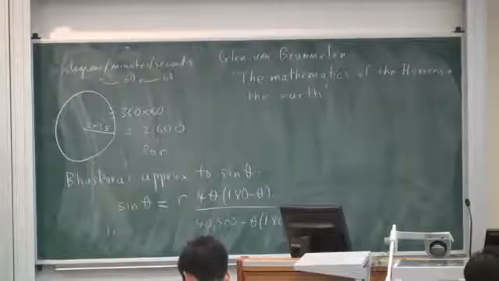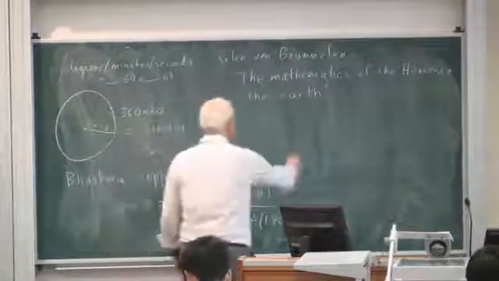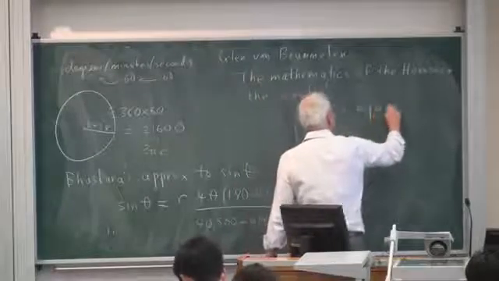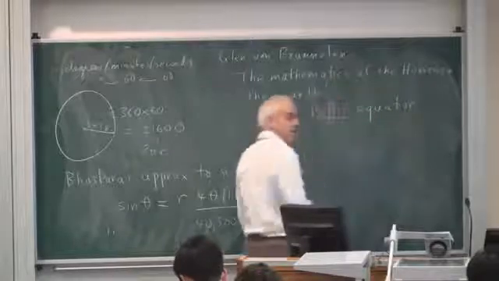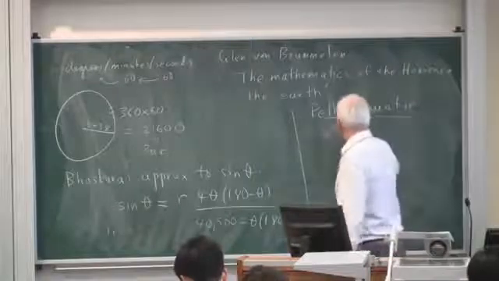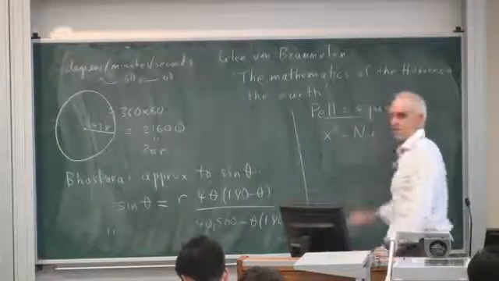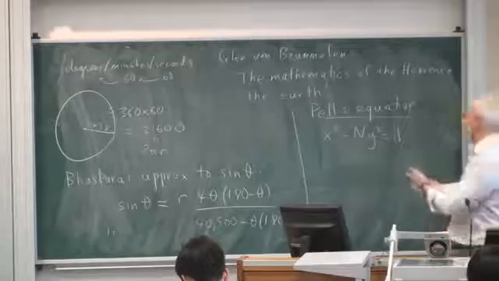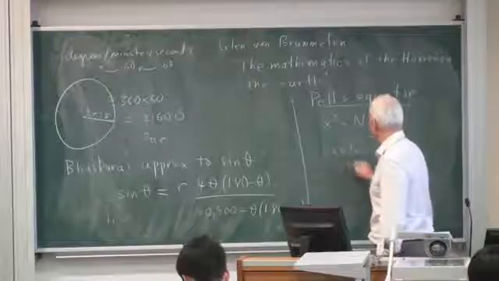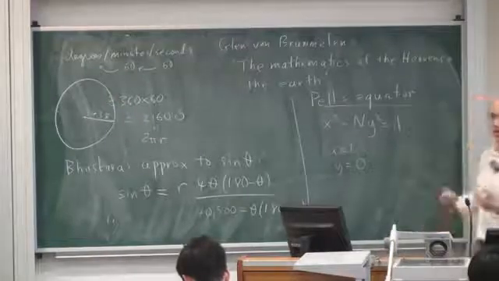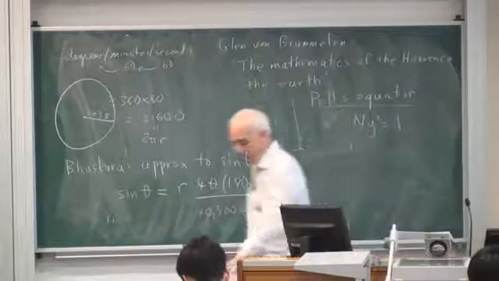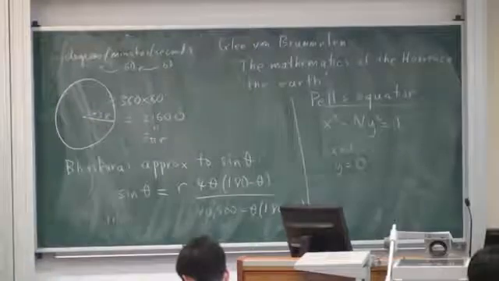Okay, so the Indians also made important contributions to Pell's equation, which we've seen already. Pell's equation has its origin in Archimedes' cattle problem, which I read to you. I remind you that the equation was x squared minus n y squared equals 1. And we remember that there's an obvious solution: x equals 1 and y equals 0. The question is, are there any others, and how do you find them? We're looking for integer solutions.